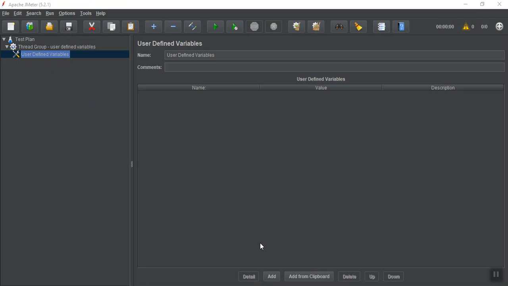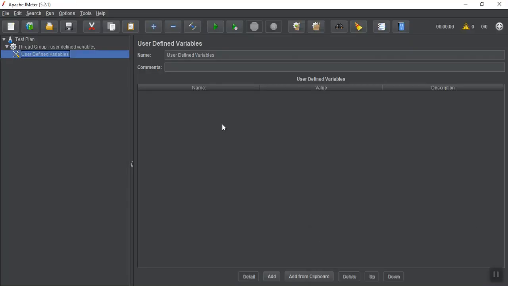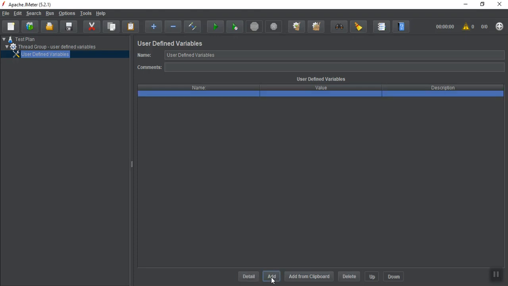How can we specify those variables? On your screens you have name, value, description. Click here, add. See, a new line has been added. Name is the name of the user and its value is QA Guides.